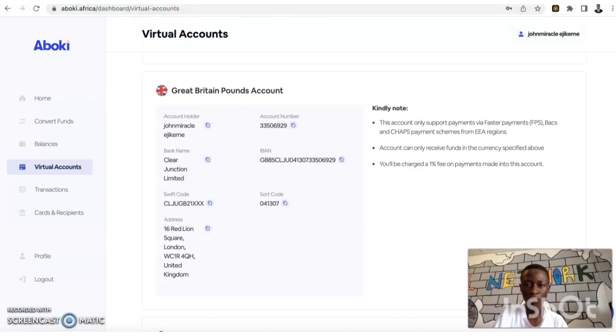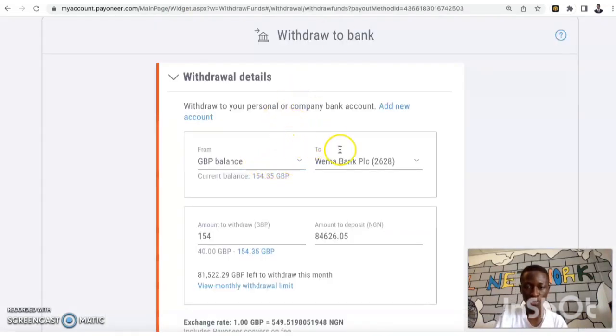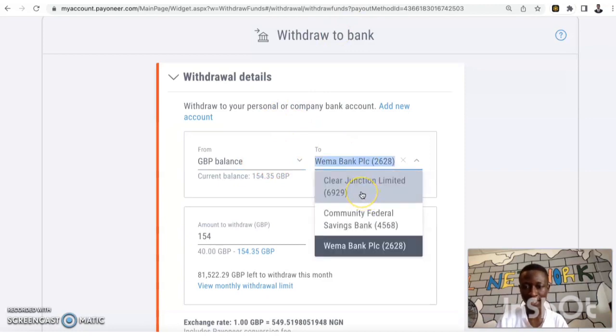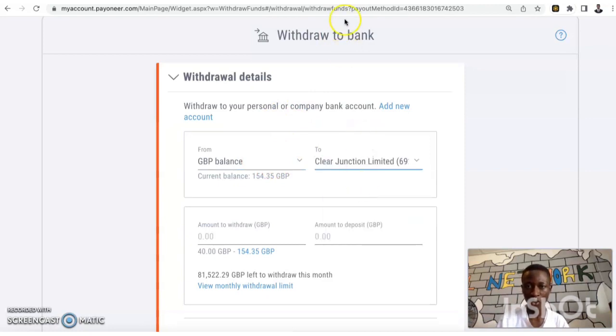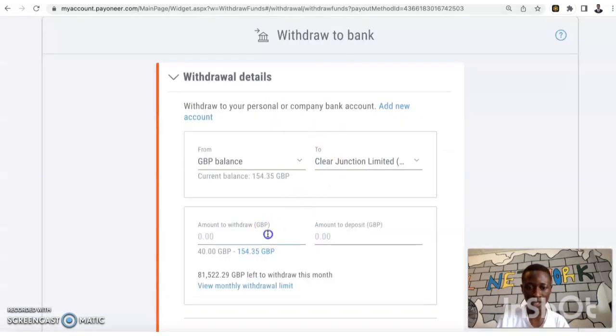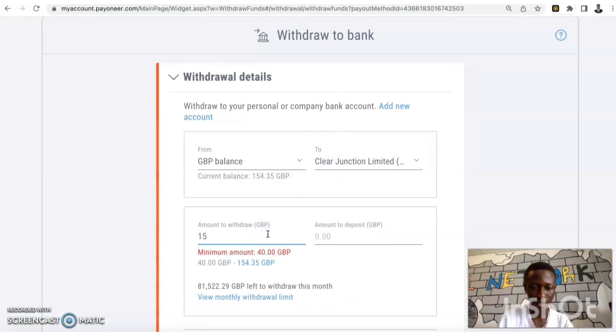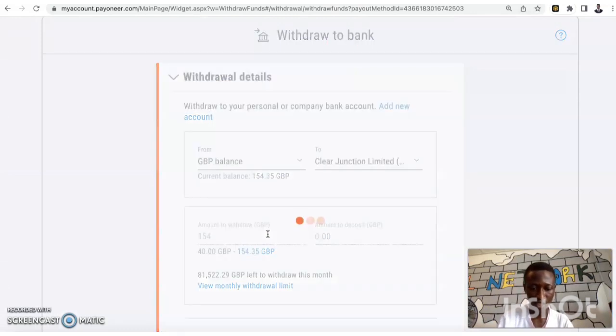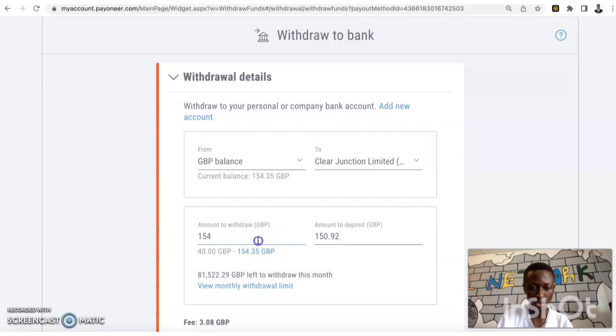So I will now go to my Payoneer and go to the withdrawal. I will now take my Clear Junction Limited bank, which is actually my Great Britain account. You can see it here, Clear Junction Limited bank from Aboki Africa. Then I will now click on 154, the amount I want to withdraw,